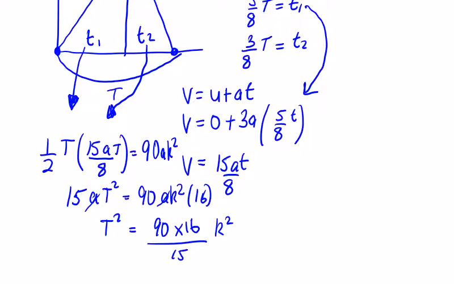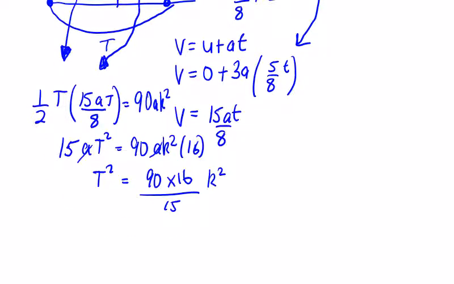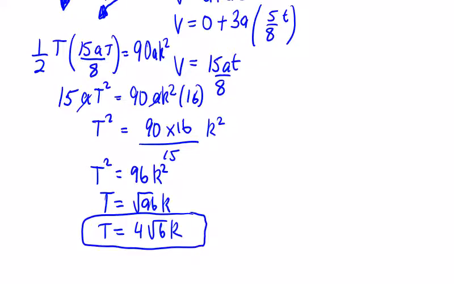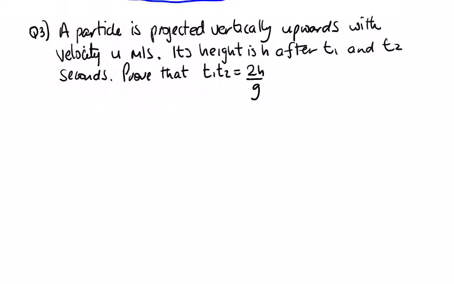Does this work out evenly? 90 divided by 15 is 6, so we're going to have t squared is equal to 6 times 16, 96 k squared. So I can get t is going to be the square root of 96 times k. So t becomes root 16 by root 6. It's going to give me 4 root 6 times k, and I think that's t in its simplest terms here for question 2. Question 3, we're told a particle is projected vertically upwards with velocity u, and its height is